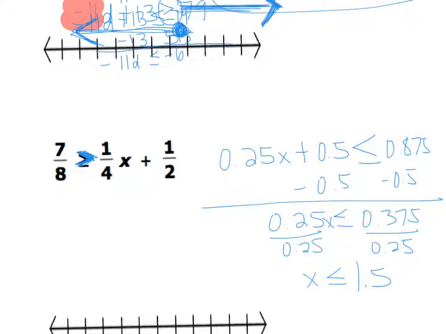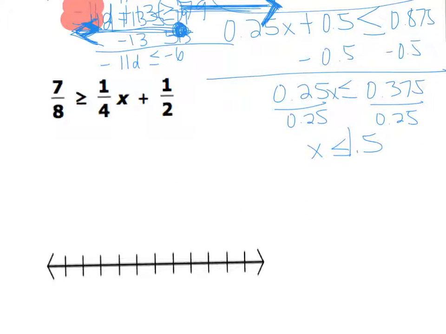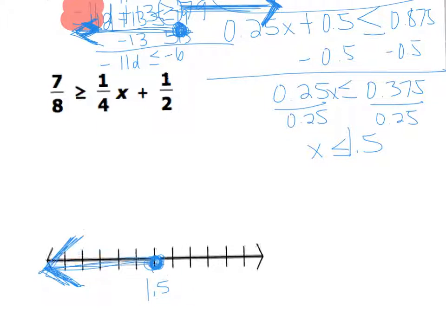So I'll come down on my number line, and I will put a closed circle on 1.5, and 1.5 is less than x. So x is everything smaller. And then the last thing